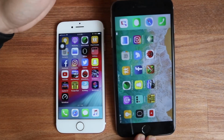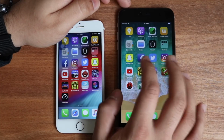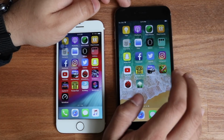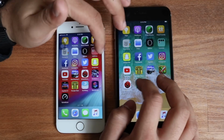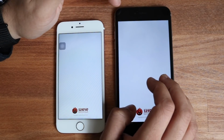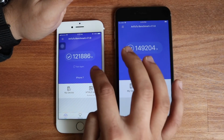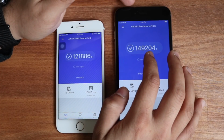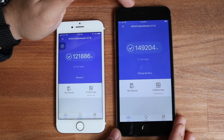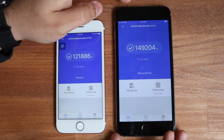For some of these minor apps, I'm not too sure what the case is, like Facebook, Snapchat, Instagram, Twitter, why it's faster on the iPhone 6s Plus, but loading apps and everything like that is faster on the iPhone 7. It's kind of weird. I mean, if we look at the multi-core scores, I don't think there's that much difference. I mean, this is a kind of a really bad example because we have a 121,886 on the iPhone 7 and 149,204 on the iPhone 6s Plus. So as a whole, the iPhone 6s Plus does have a larger score, but again, it doesn't really